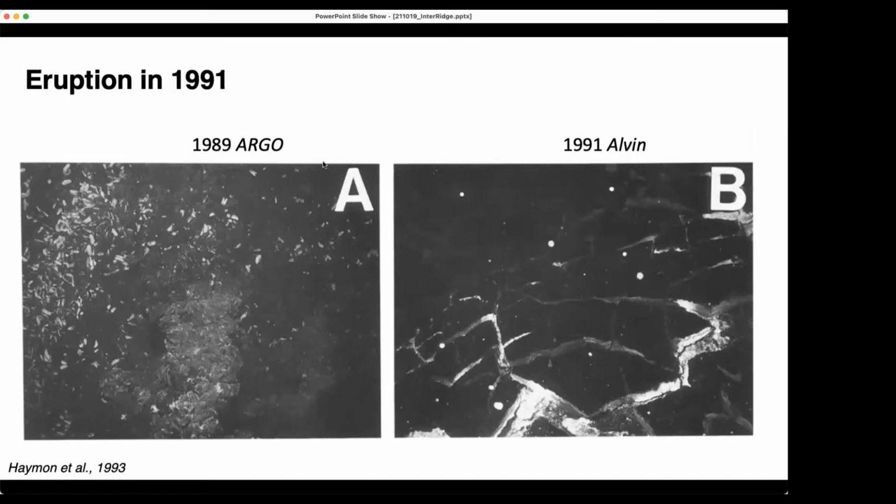So the image on the left-hand side is from the Argo vehicle, which was the precursor to what is now JASON, which you're going to see a bit later on. And this is an image showing some mussel beds and hydrothermal vent communities living on top of this pre-existing lava flow. And the image on the right was collected 2 years later using the submersible Alvin in almost exactly the same spot. And you can see that all these hydrothermal deep sea vent communities have been totally obliterated and replaced